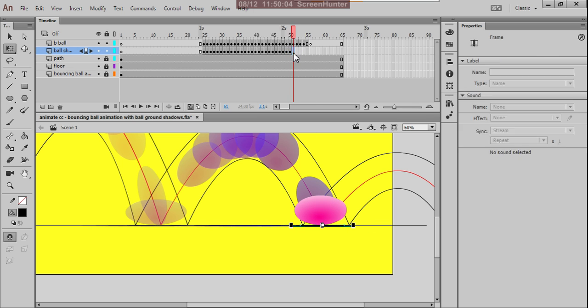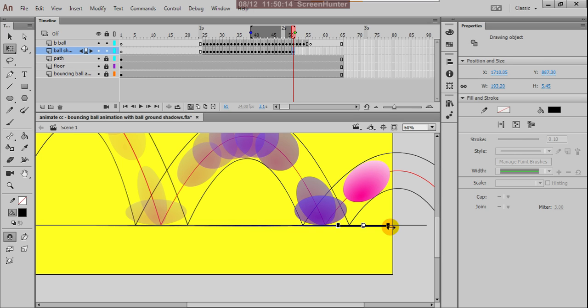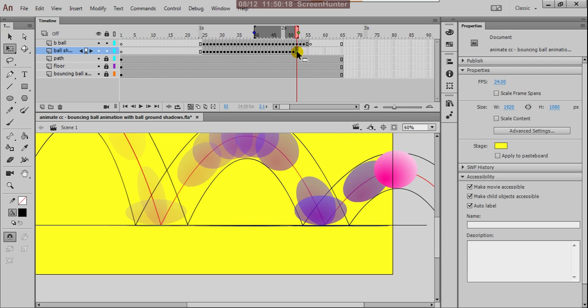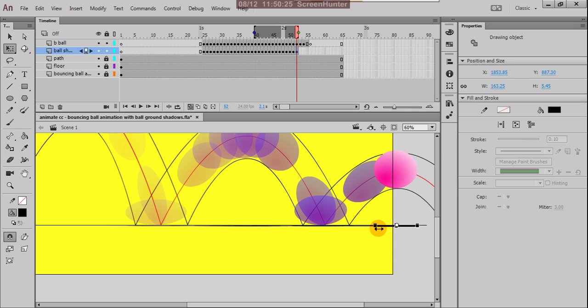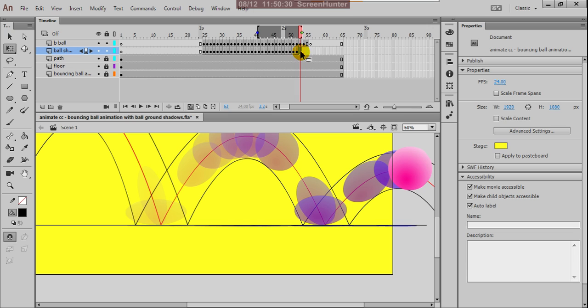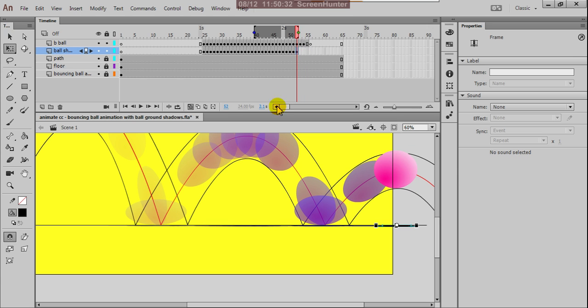Okay, and here insert keyframe, okay, and here insert keyframe, and here suppose this you move it out, and this is insert keyframe.